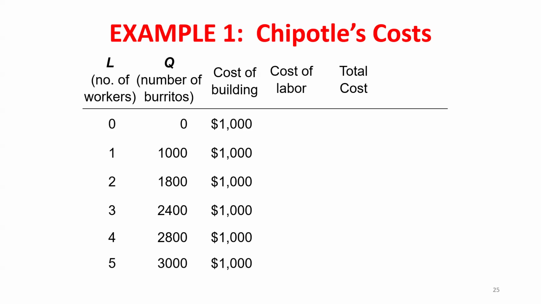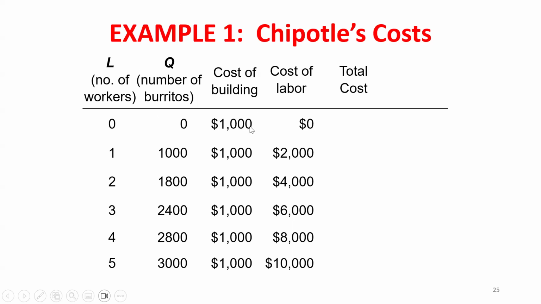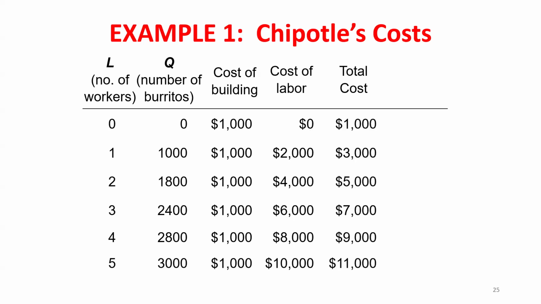Now, what will change our costs? Well, as I hire more workers, if I have to pay each worker $2,000, then I have the first worker, I'm paying $2,000. Two workers, I have to pay a total of $4,000, three, $6,000, et cetera, et cetera. So as I want to increase my output here, what's happening to my total costs? I would take the rent or the cost of the building and I would add the cost of labor. So as I want to produce more, as I want to increase output, I have to hire more workers, which is going to cause my total cost to increase.